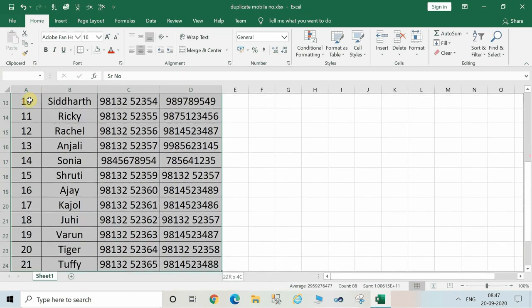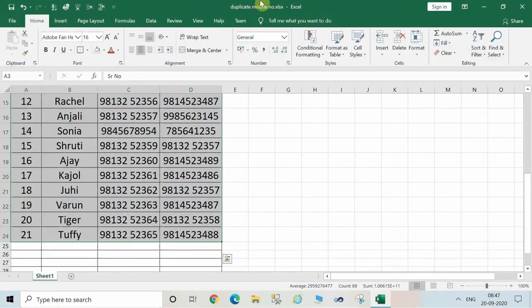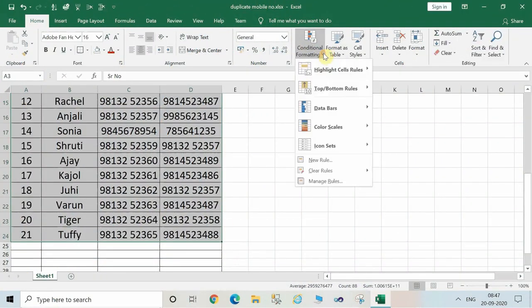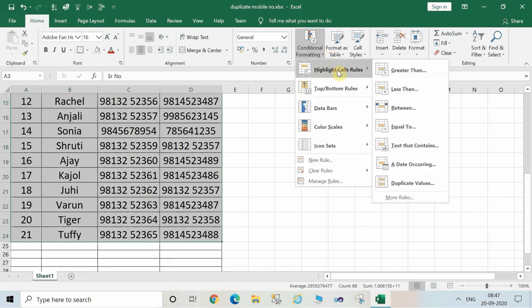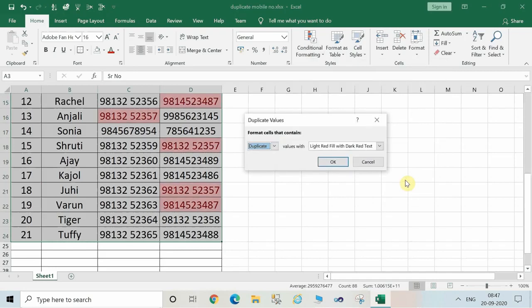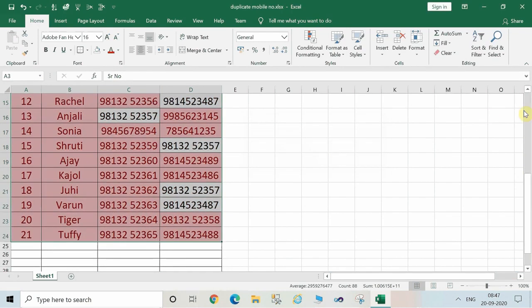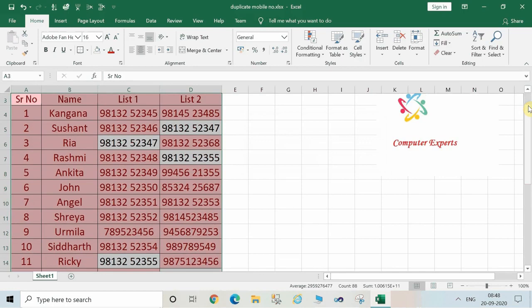When you're trying to find out the unique values, click on the Conditional Formatting tab, click on Highlight Cell Rules, and then click on Duplicate Values. Under the Duplicate Values dialog, you get one option of Unique. Click on Unique and then click on OK. All the unique items are highlighted. There are so many unique items. So in this way you can find out your unique or duplicate values by using the conditional formatting option